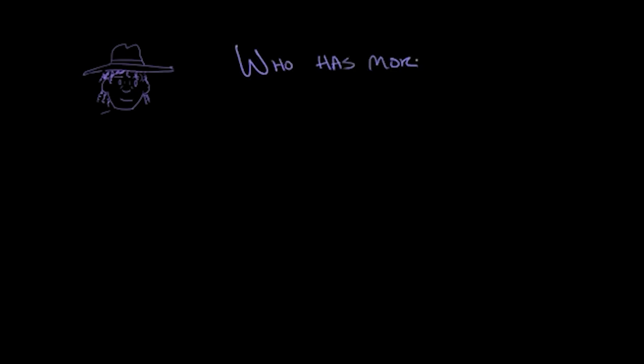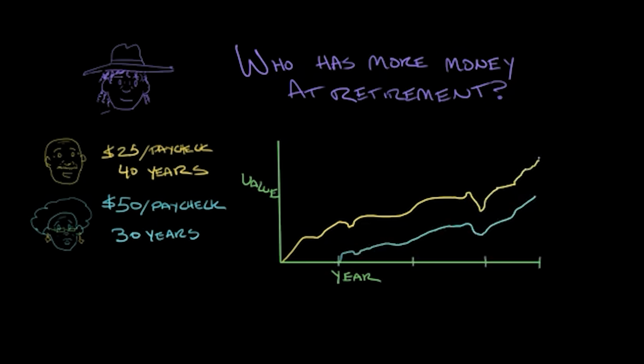Now let's take a look at their retirement accounts. Guess who has more money? Well, if you guess Jasmine, you are incorrect. That would be Miguel. Miguel has $168,000, while Jasmine only has